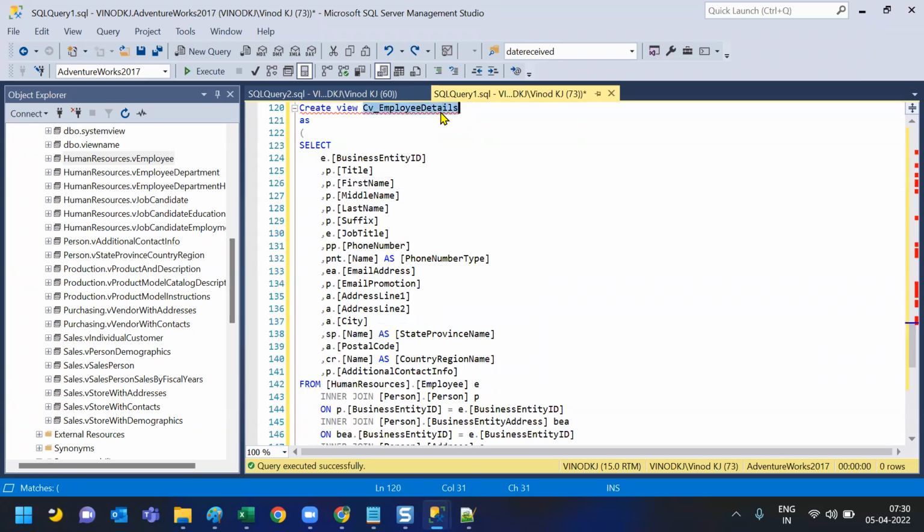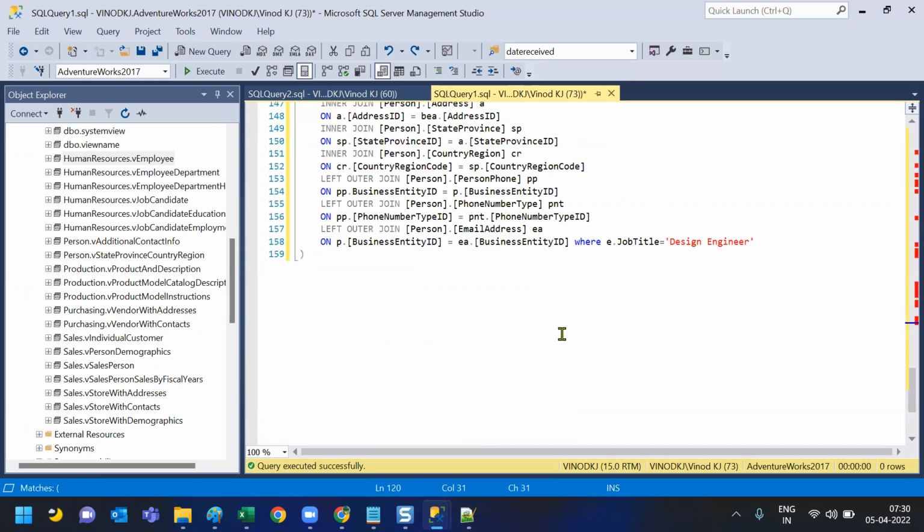Now, what if I want this data? You need not open the view again or copy paste the query. If the client requests, can you give me the employee details for that design engineer, what you can do is simply write